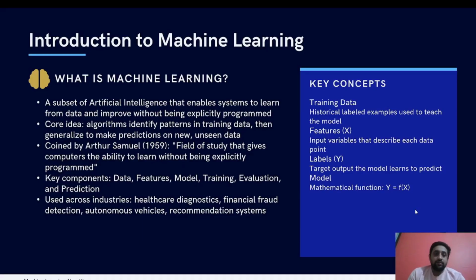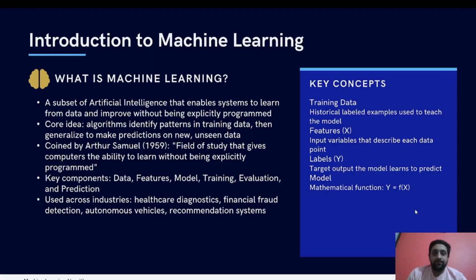Let's start. Machine learning is a subset of artificial intelligence that enables systems to learn from data and improve their performance without being explicitly programmed. Instead of following fixed rules, machines use algorithms to identify patterns in historical data and then use those patterns to make predictions on new and unseen data. The concept was introduced by Arthur Samuel in 1959, who defined it as the ability of computers to learn without